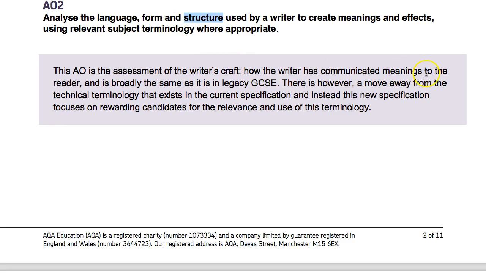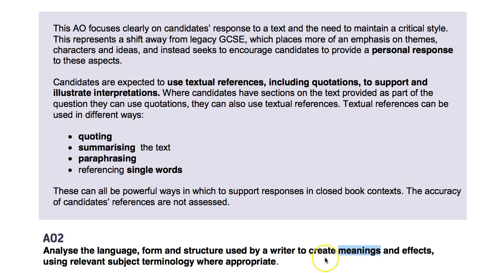How the writer has communicated meanings to the reader, and it's the meanings that they're most interested in. Notice meanings here are plural. That means the examiner wants you to have more than one interpretation. So Shakespeare might mean this, but on the other hand, he might mean that. And that's always more sophisticated and will always get you higher marks. And if we just scroll up again to AO1, you'll notice that that same skill of having more than one meaning is reflected with having more than one interpretation. So again, the examiners are after you thinking about more than one way of interpreting a character or an idea